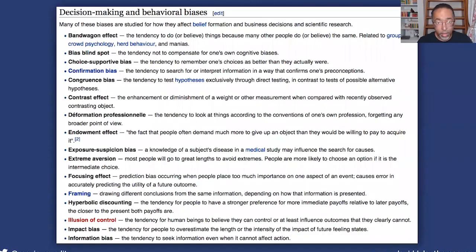Now, when I saw that something as terrible as racial or gender bias could sometimes come back to something as simple and, dare I say, as human as pattern recognition, I decided I need to learn everything I possibly can about cognitive bias. And so I did. This is the Rational Wiki page of cognitive biases. There's well over 100 here, and I realized I am not going to figure this out in a day. So I took one a day. And the next day I would move on to the next one. And this inevitably turned me into the guy who wouldn't shut up about cognitive bias. And so eventually my friend said, Dave, please just get a podcast.